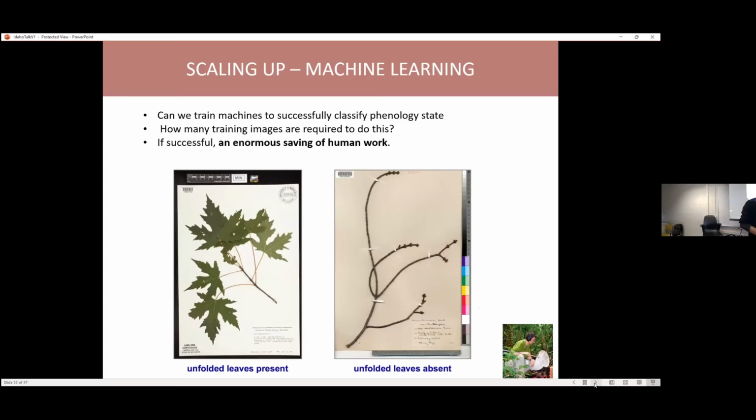All right, one last quick thing on the machine learning. This is something I really love in the plant phenology systems. So, machine learning approaches. Once you have enough training data from annotations that come from citizen scientists, community scientists, can we actually forgo doing more of that effort and let computers take it over and do it well? Can computers learn to annotate flowers on specimens? A big question for us is how many specimens do you need? And if we can do it successfully, that's a huge time savings